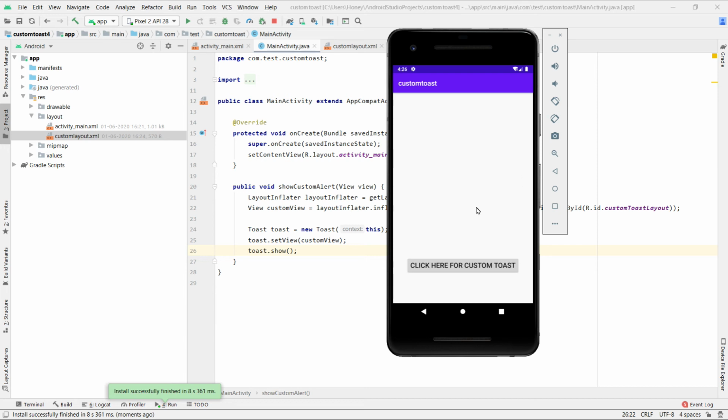So this is my app. My app is ready. When I click on this button, I'm getting a toast, see here, this is my custom toast. Actually the toast is overlaying. The toast is overriding the button.